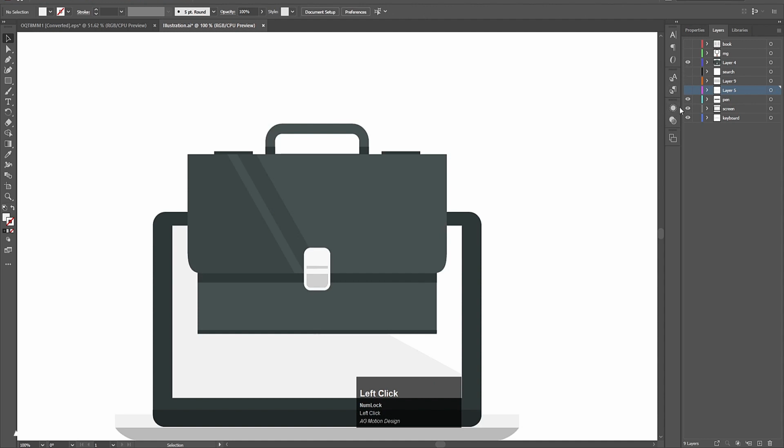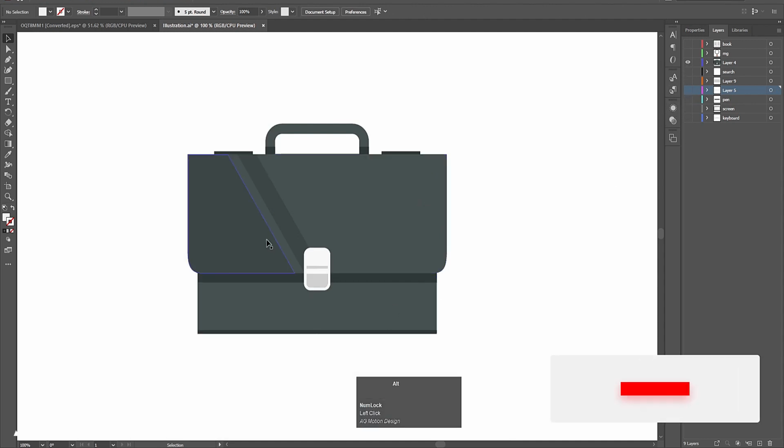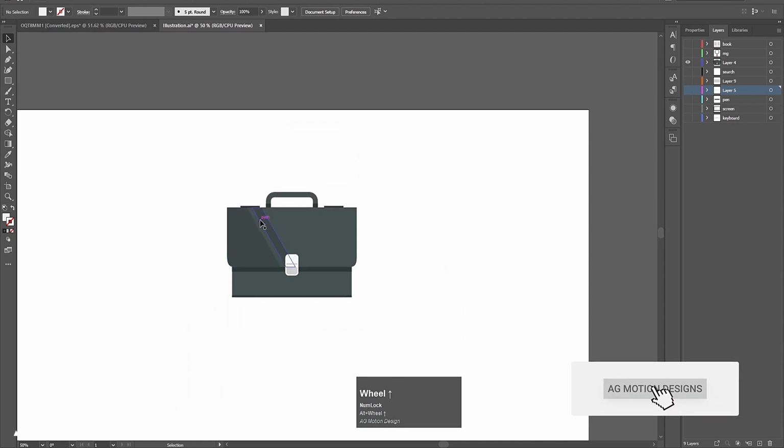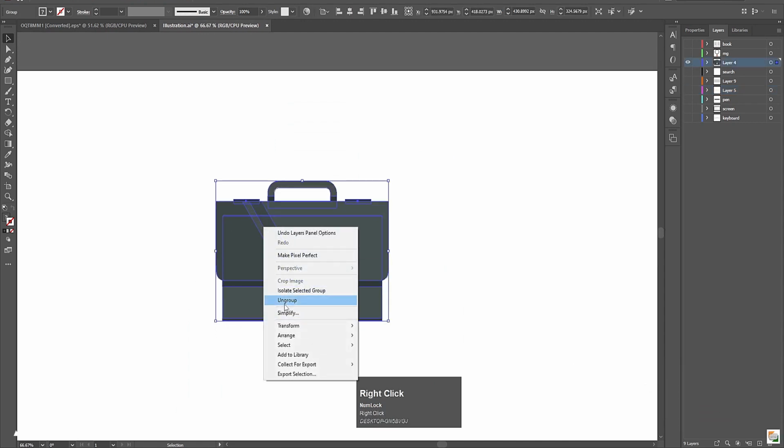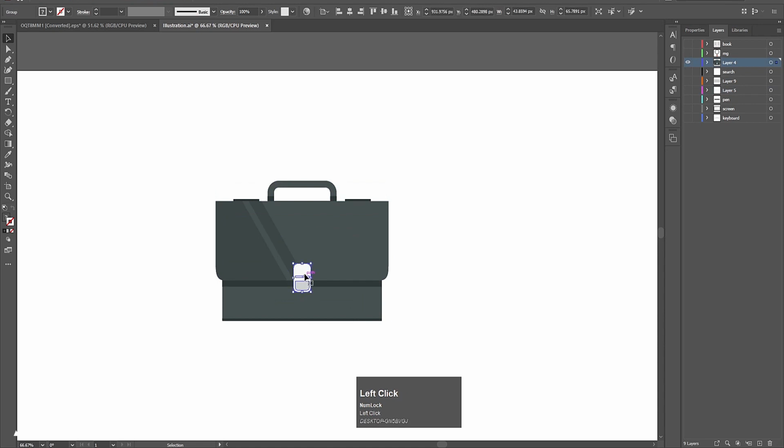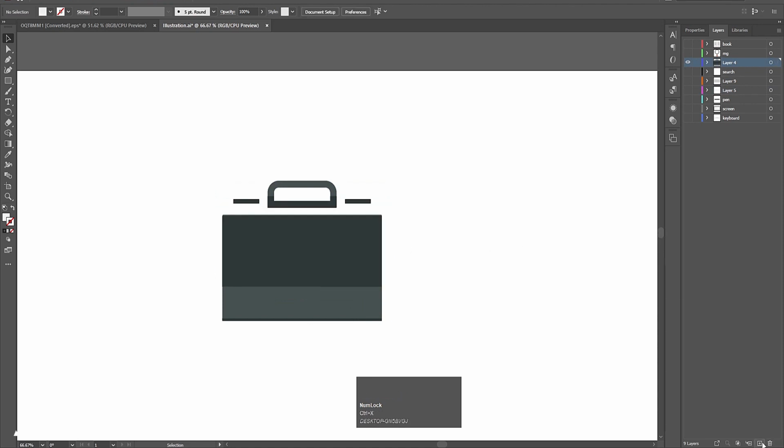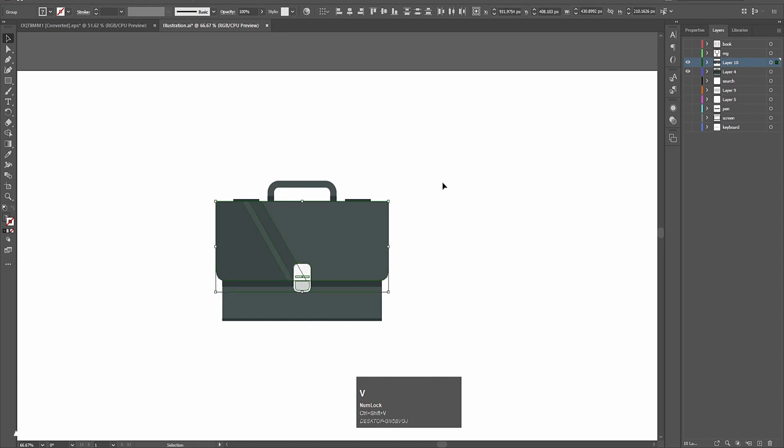Now we have to focus on this back. Then I'll hide this pen and screen also like this. Then I'm gonna select this, I'll hit ungroup. Then we have this and this. I'll hit Ctrl X and I'll press Ctrl Shift V like this,